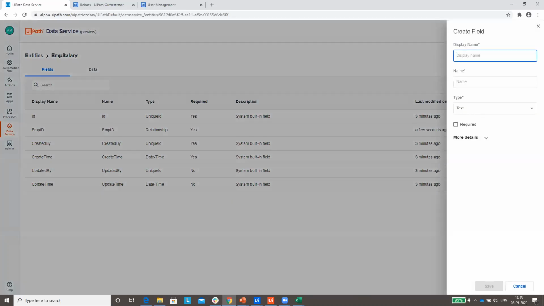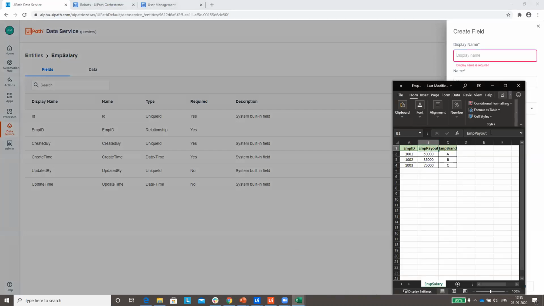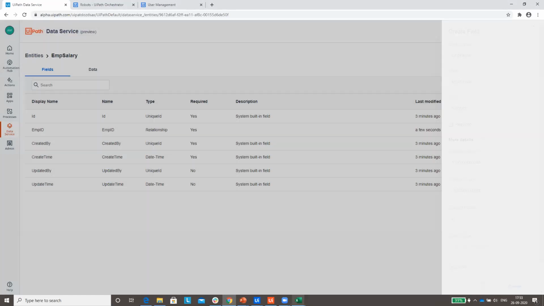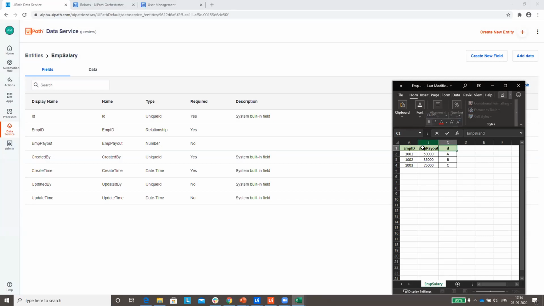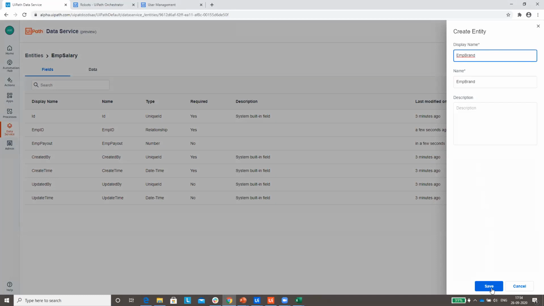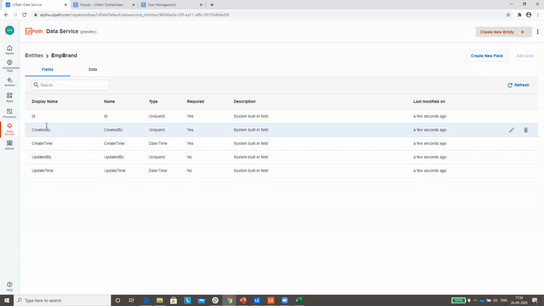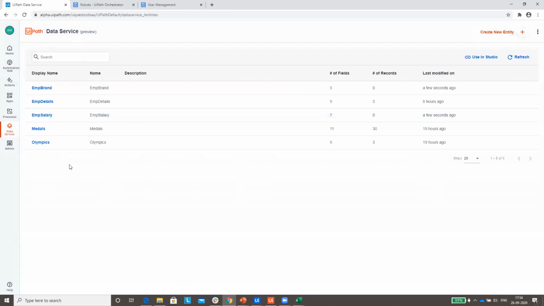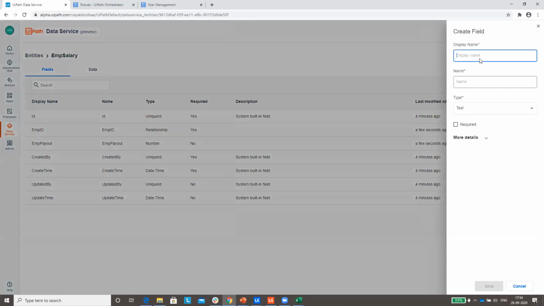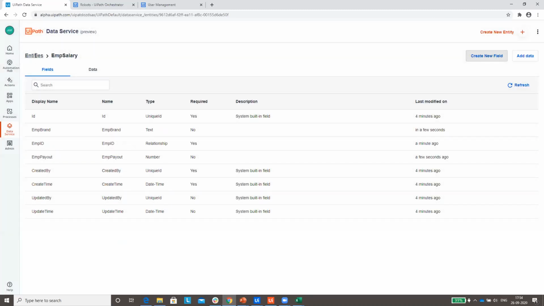The remaining fields you can create the normal way. Let me create the last one.